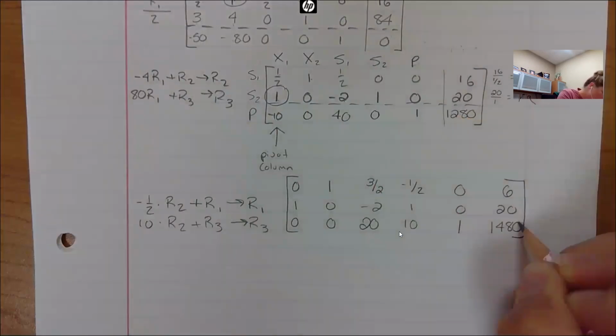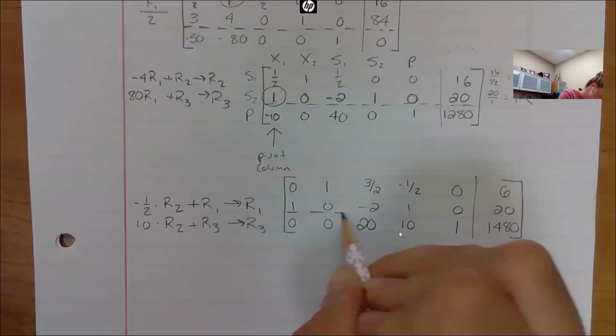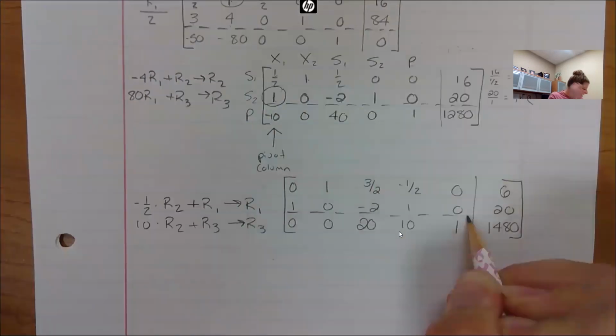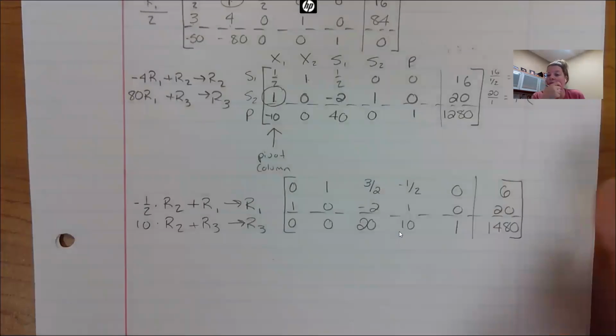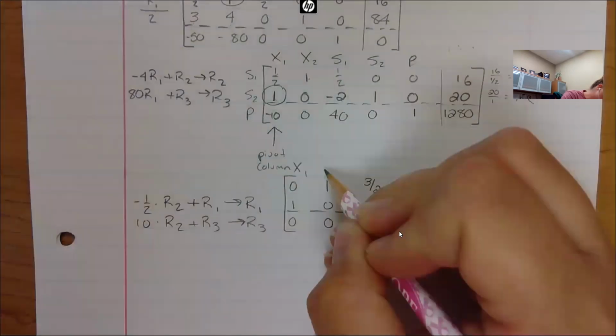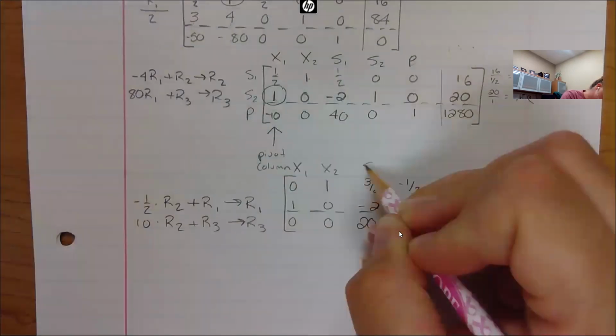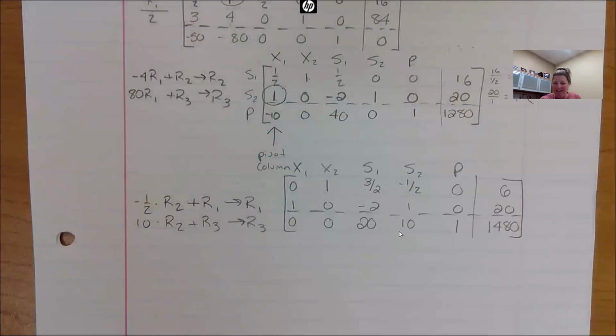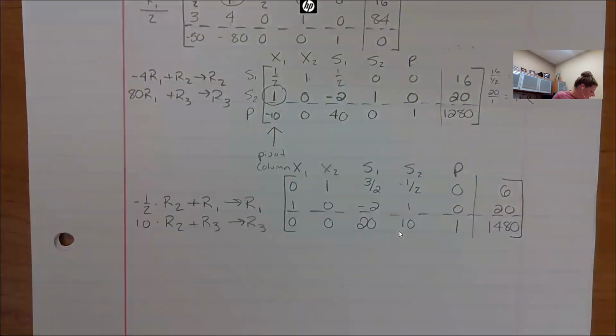All right, and if I did this all out right, I am officially done. How do I know? The bottom row doesn't have any more negative indicators, so we're done. Now look, our x1 has a value, our x2 has a value, our slack variables do not have a value, but our profit does. So the way that I would write this answer out is I would say